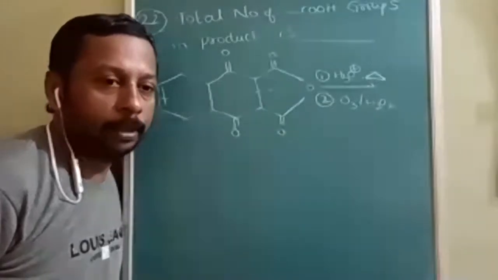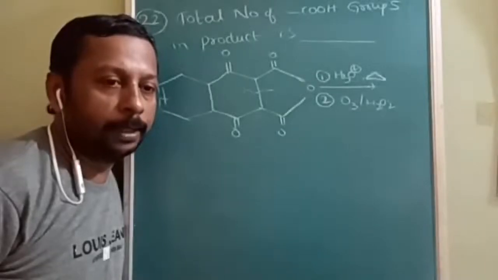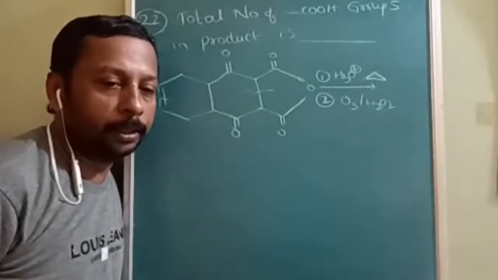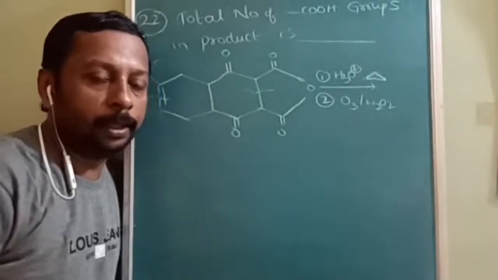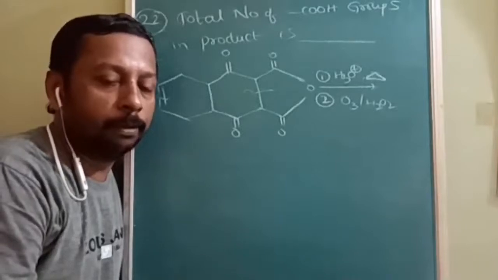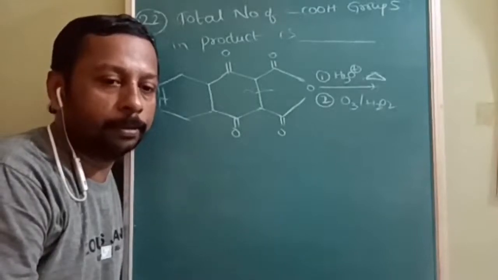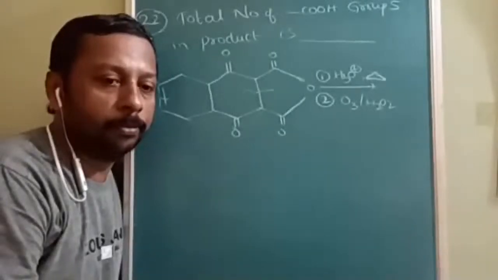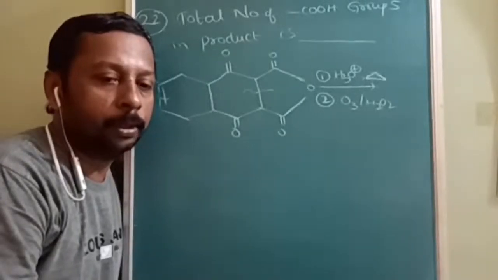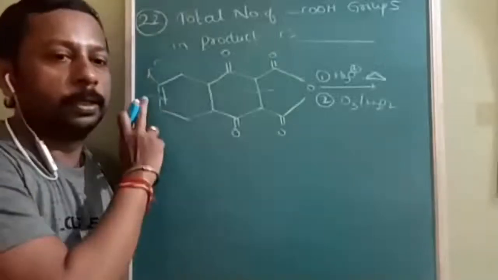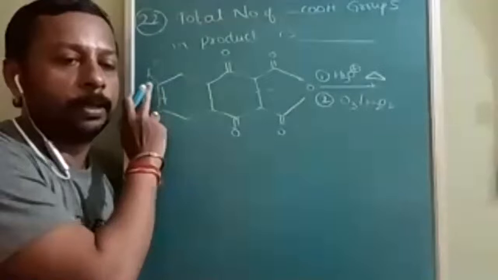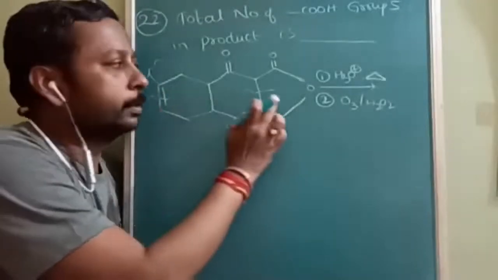When will CO2 be eliminated, when will cyclic formation take place, when a beta-gamma position ketone is there. There are certain conditions. Go through that, then it will be easy to solve this topic. Here the answer is the number of COOH groups will be 2. And where is it? Just because of the double bond, only this part will be converted to COOH first on hydrolysis.